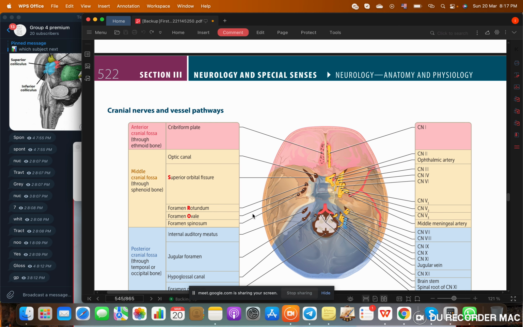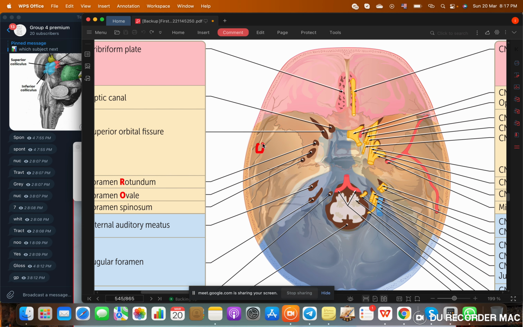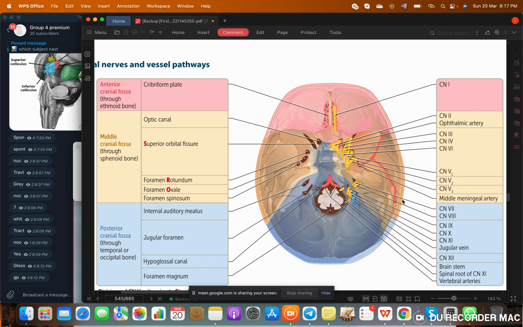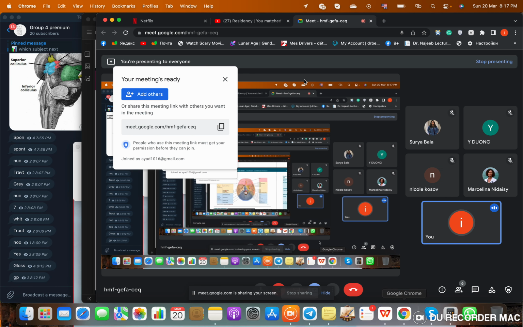The next one is foramen rotundum. So foramen rotundum, this guy, it's rotundum. It means round, perfectly round. Okay, rotundum means perfectly round. So cranial nerve number 5, V2, which is the maxillary portion. Okay, the maxillary division. And finally, ovale. Rotundum is perfectly round. Ovale is something not perfectly round. Okay, so the ovale is this guy, and cranial nerve V3 goes through it, also known as the mandibular division. Foramen spinosum, the middle meningeal artery goes through it,